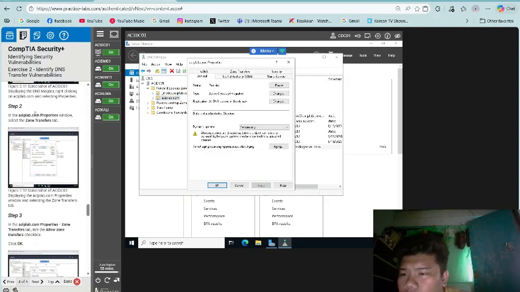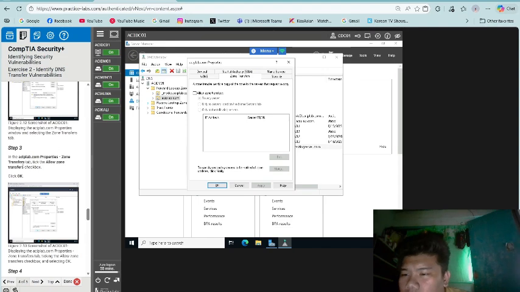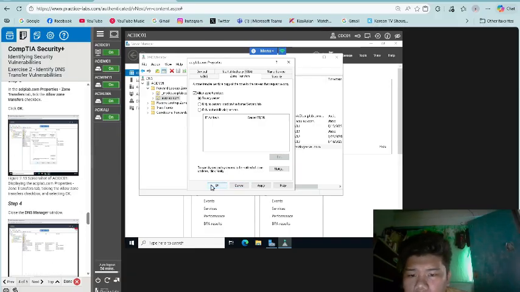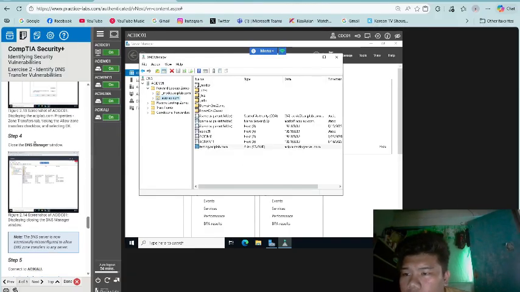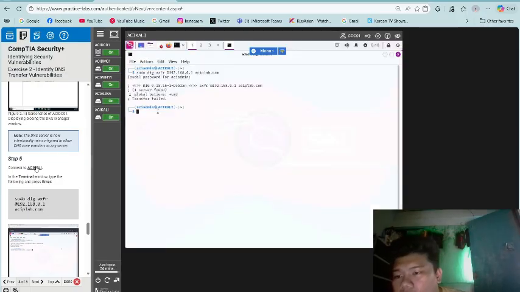In the aciplab.com Properties window, select the Zone Transfers tab. Step 3: in the aciplab.com Properties Zone Transfers tab, click the Allow zone transfers checkbox. Click OK. Then step 4, close the DNS Manager window. So step 5, connect to ACI Kali.